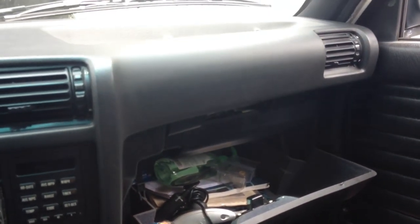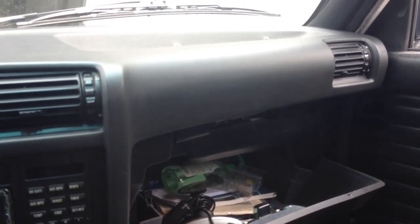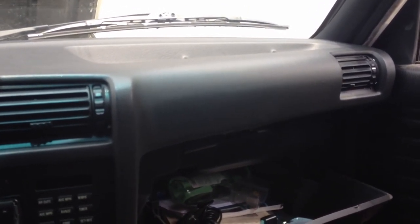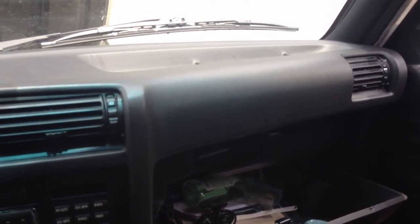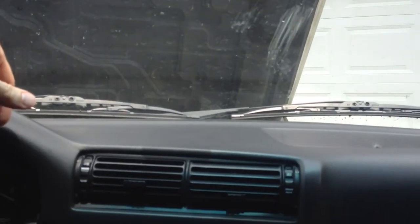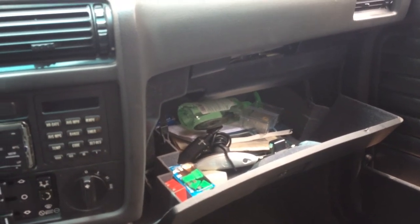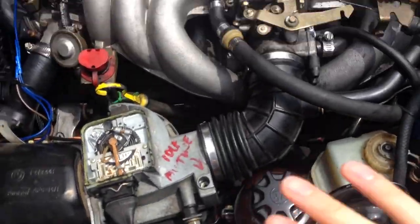And my hesitation has really pretty much, I mean, a new driver getting in this car would not be able to feel it. I feel it because I know some about cars, and I've been working on this, and I'm really used to this car. But really, 99.999% of all hesitation is gone. So I would recommend that if you're working on your car, go through the same process that I have, which is kind of lengthy, and make sure you've got all your vacuum hoses